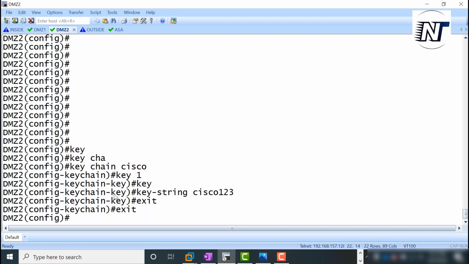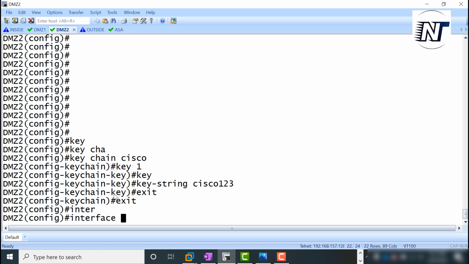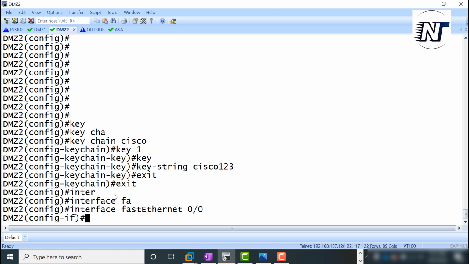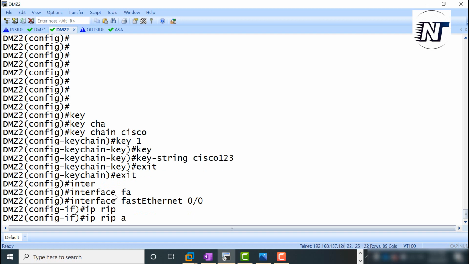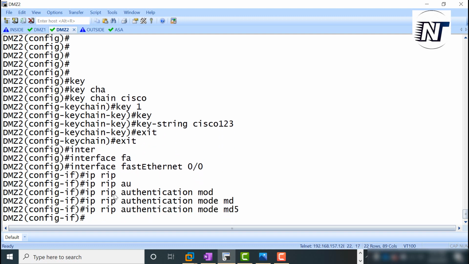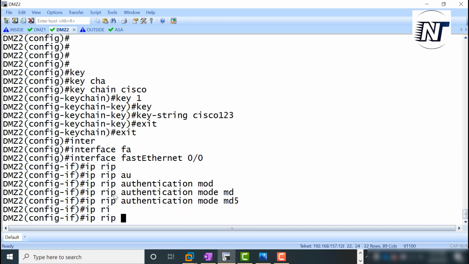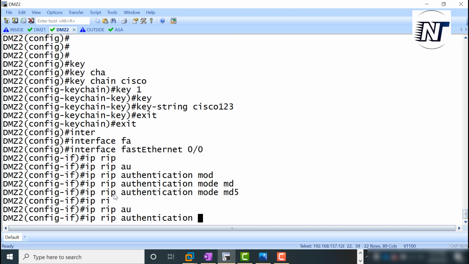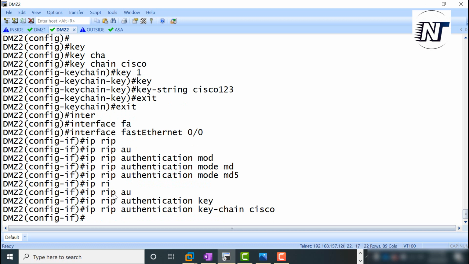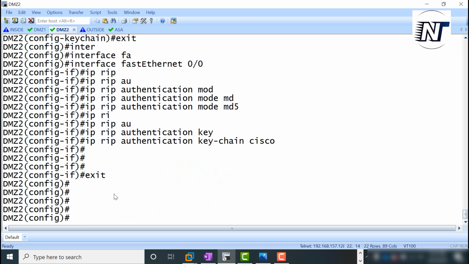Next I'll go to my interface FastEthernet 0/0, ip rip authentication mode md5, ip rip authentication key-chain Cisco. Yes, I have done it on the DMG1 and DMG2.